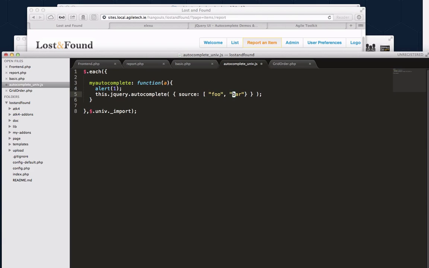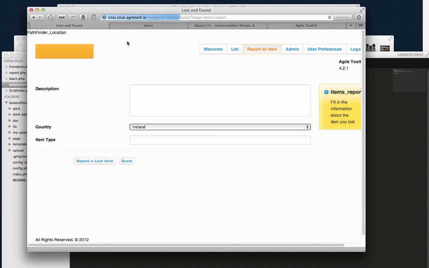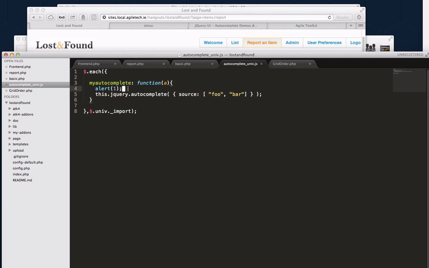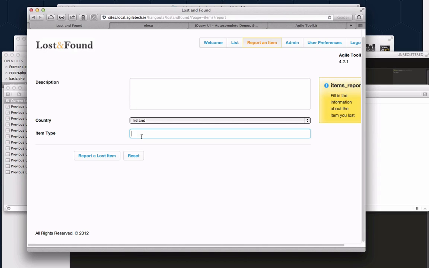It needs to be in square brackets. And we have an alert. Good. So now I can remove this